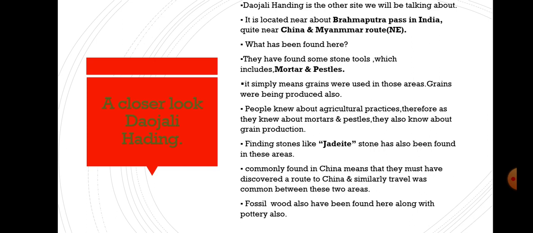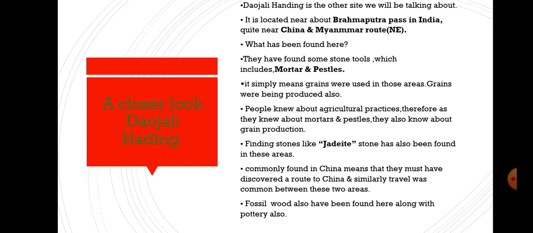The fossil simply means the skeleton part. The simple example of fossil wood you can take up as coal. So fossil wood has also been found here along with pottery. So not only mortars and pestles, stone tools, and the fine quality stone like jadeite have been found here, but fossil wood and pottery are also one of the major findings of the site